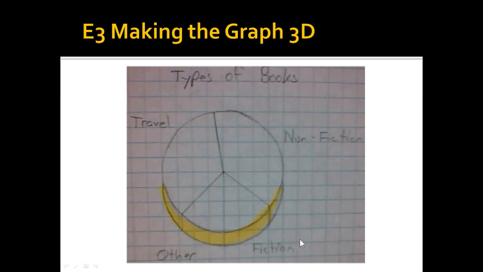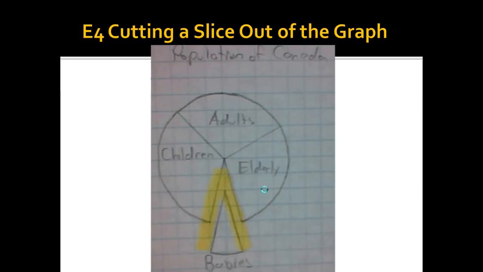Anytime the graph is done in 3 dimensions, the minute you do 3 dimensions, there's this little extra chunk of space that gets added that makes this appear bigger, because it's not actually part of the circle. This doesn't get any extra added, or at least not as much, while you add a whole big extra piece to the section on the bottom. Therefore, any 3D graphs are automatically deceptive. The moment you take a slice out of the graph, it increases the contrast. And sometimes, particularly deceptive people will take the slice out of the graph and then make it extra big.